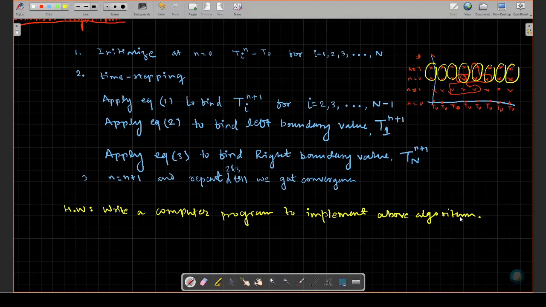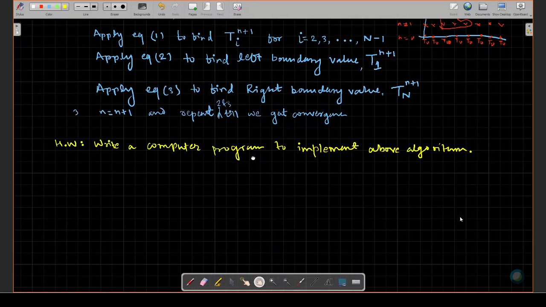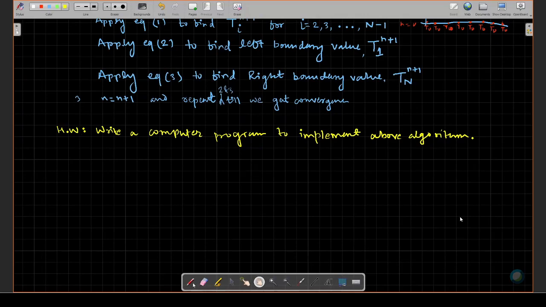There is no compulsion to submit this homework, but those who wish to submit, please submit to me. It is a good thing for those interested in writing computer programs to do so and see these things working. Then only you will get a very good idea about how CFD works. Otherwise, you can go ahead with Fluent, but behind Fluent, these things are implemented like this. These programs are written.